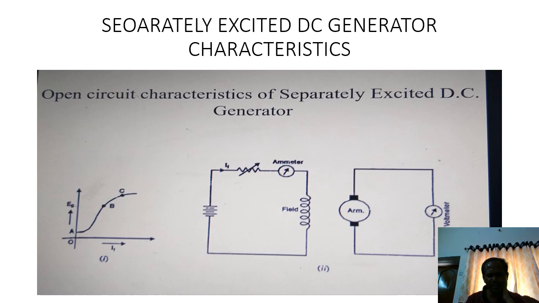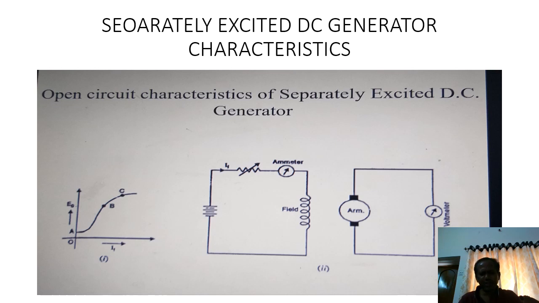There is a field flux that changes around the field winding, and this strengthens the flux in the armature. Under no load condition, no armature current flows, so Ia is equal to 0, Eg is equal to V, and load current is equal to armature current. You get this as 0 and this as OA, and you will get this curve. Residual magnetism appears under saturation. This is the saturation condition.